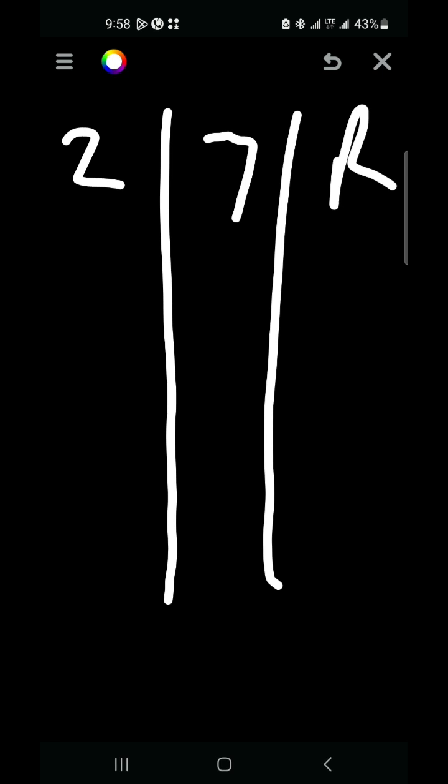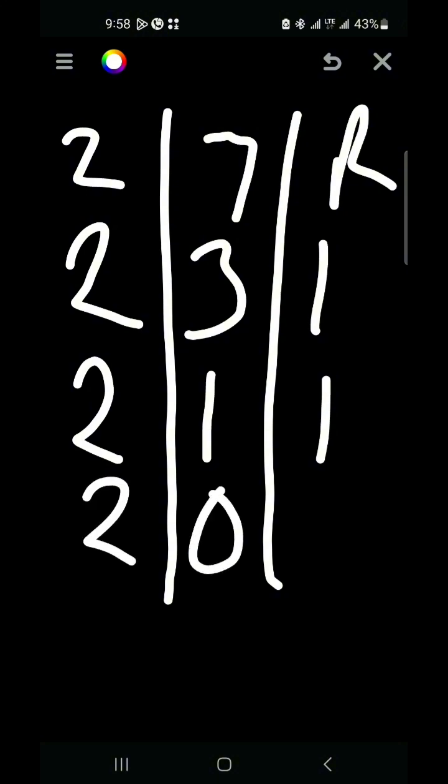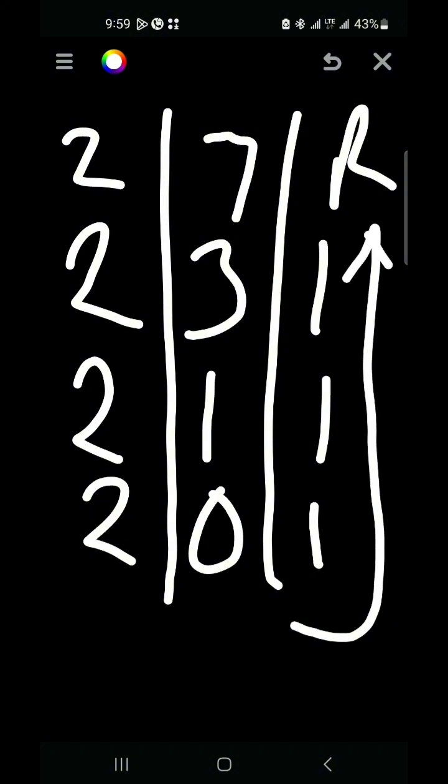or if you convert 7 to binary, let's say 2 goes into 7 how many times? You get 3, remainder 1. Okay, 2 goes into 3 how many times? That is 1, remainder 1. 2 goes into 1 how many times? 0, but you repeat the 1 here. So you write the answer in a reverse way, meaning from bottom to top, and you have your answer as 1 1 1, meaning it is not